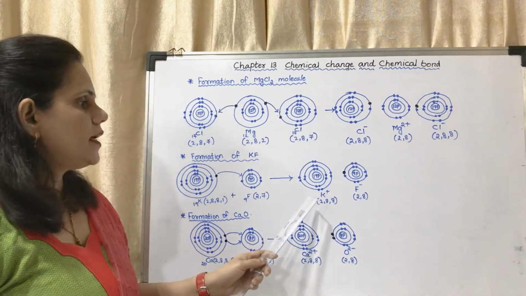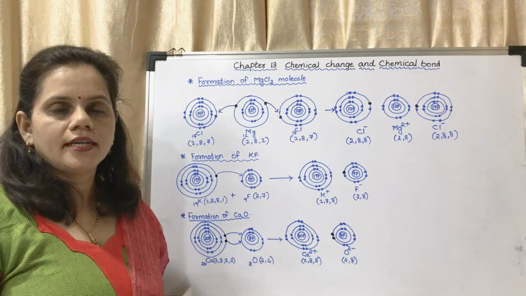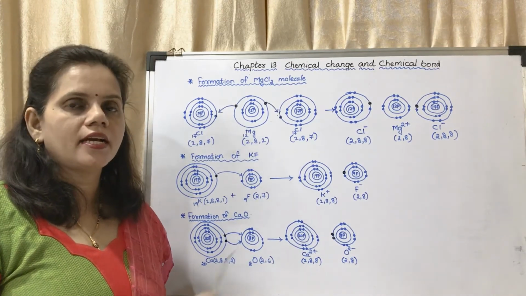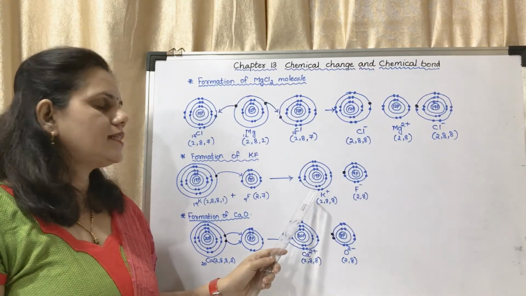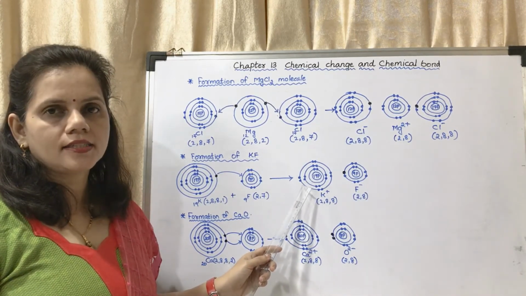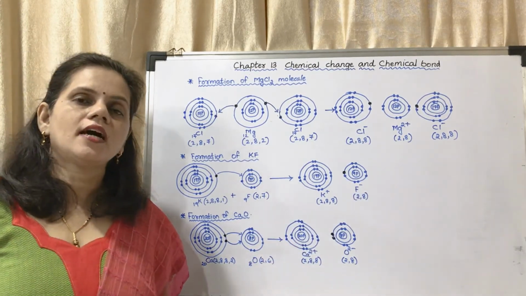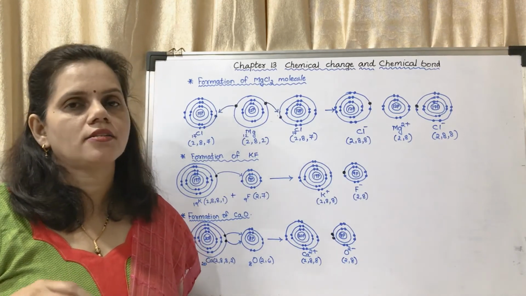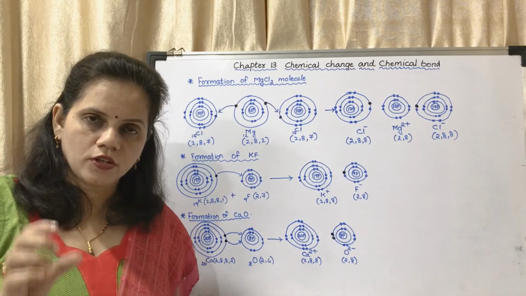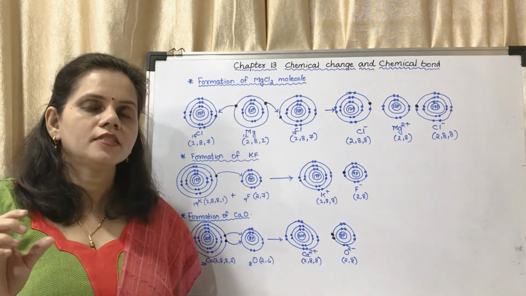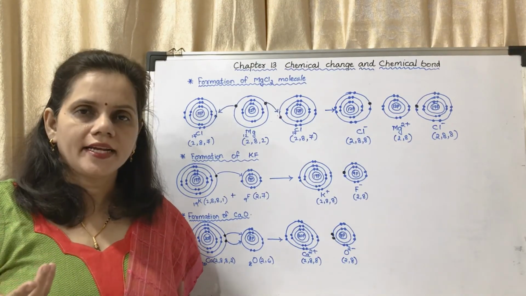Okay, so here you may see after giving that one electron, it has formed 2,8,8 and formed a positive ion, and this has formed a negative ion. This is an anion, this is a cation, this is an anion. Cations are positively charged, anions are negatively charged. You may write this at the top of your page in the textbook. Okay, cations are positively charged, anions are negatively charged.